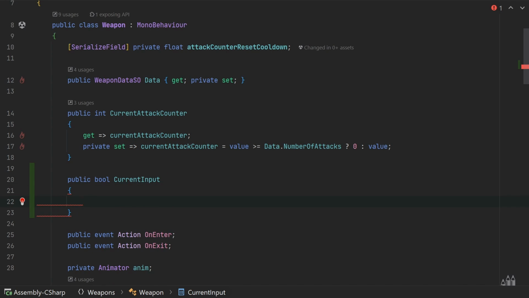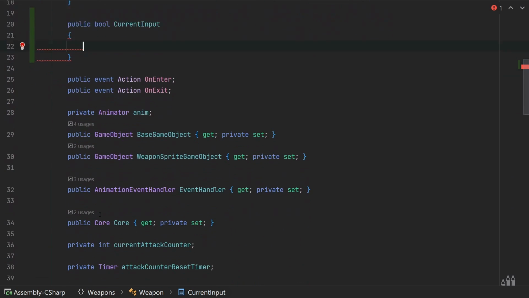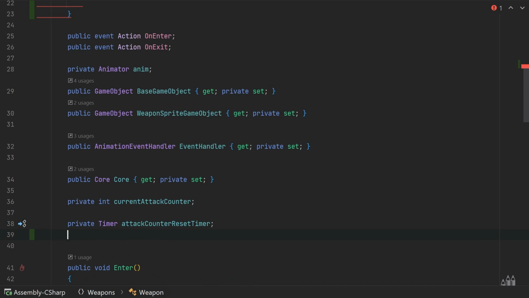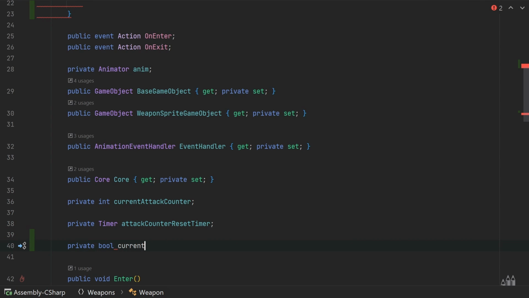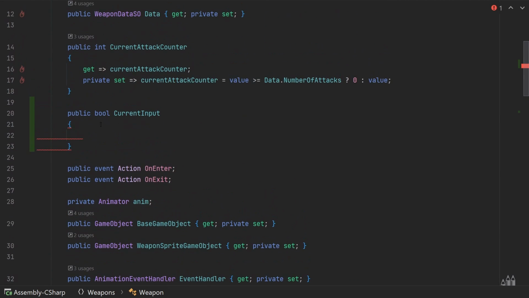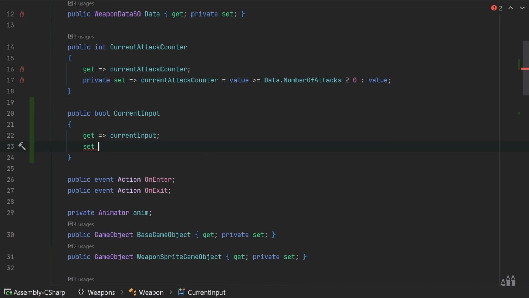Now we're going to give this property a getter and a setter, but before we can do that, let's quickly come to our private variables and declare another private bool, currentInput, with a lowercase c. And then back up in our property, we can say get returns currentInput, but set is going to do something